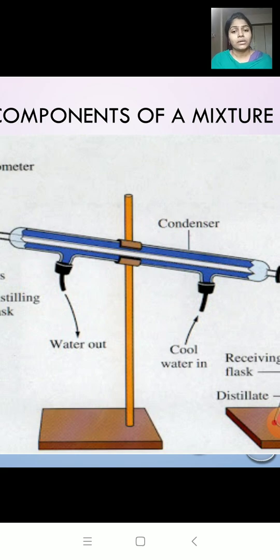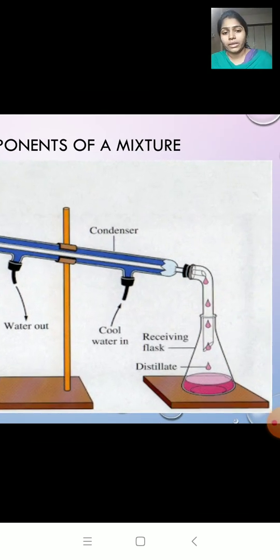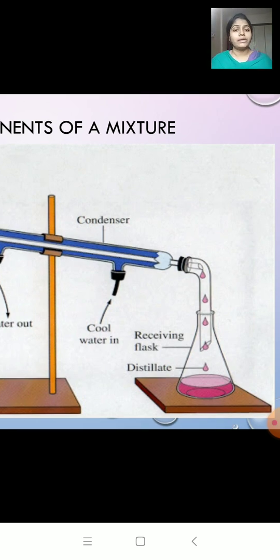So condenser, inside the condenser we have a thin glass tube. In that glass tube the vapors will pass, and the thin glass tube is covered or surrounded by a thick or a wide glass tube. It is called as water jacket. Water is continuously supplied in this jacket, and then over here there's an outlet from where we can collect the liquid. By keeping a beaker or a jar we can collect the liquid.